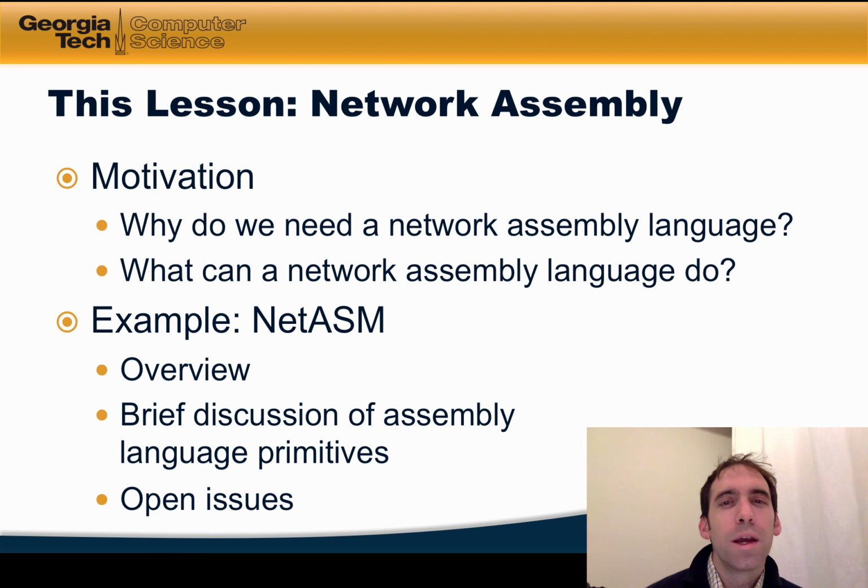Welcome back. In this lesson, we'll talk about network assembly. I'll talk about why we need a network assembly language and what a network assembly language can do. I'll then talk about a specific example of a network assembly language called NetASM. I'll give an overview of the language, a brief discussion of assembly language primitives, and I'll also talk about various